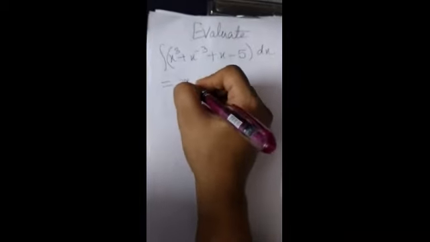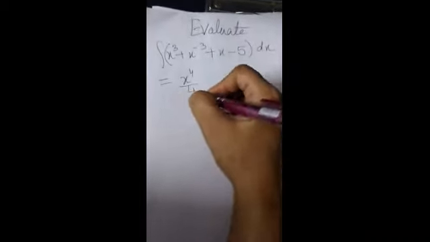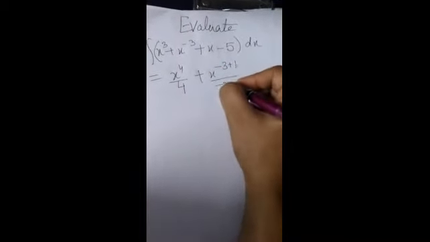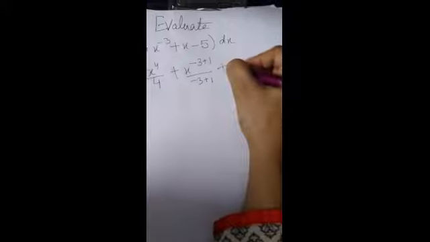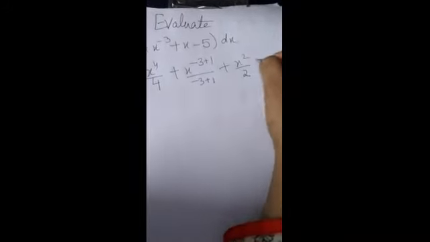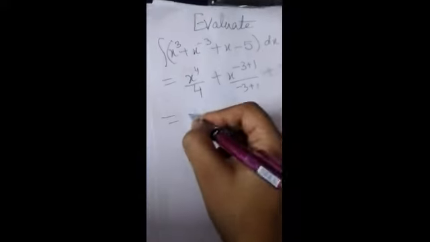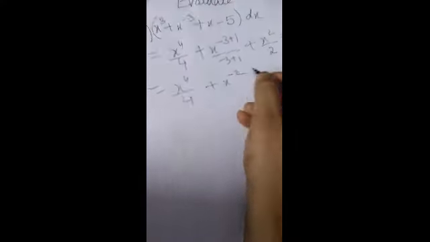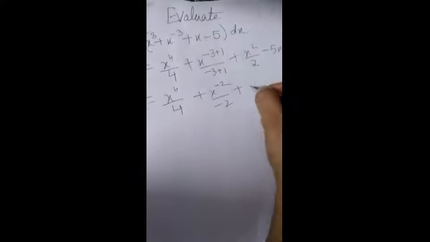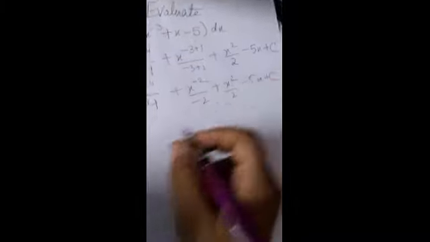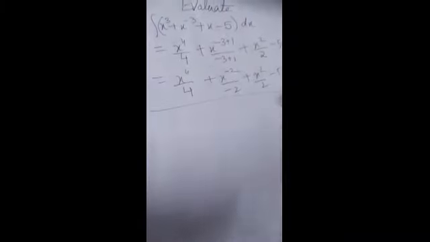So what will be the result? X power 4 by 4 plus x power -3 plus 1 by -3 plus 1 x square by 2 and minus 5x plus c, which can be written as x power 4 by 4 x power -2 by -2 plus x square by 2 minus 5x plus c. The next one